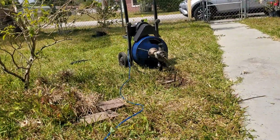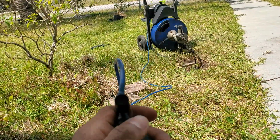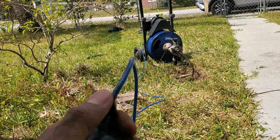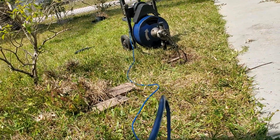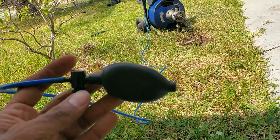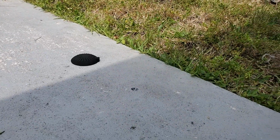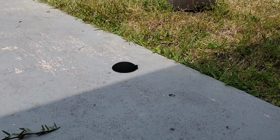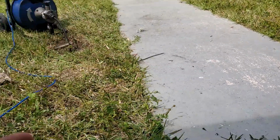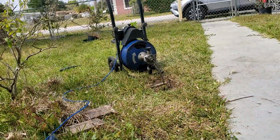And to stop it, just hit the little button that releases the air out back through this back valve. So if you have an old blood pressure monitor with one of these, forget that garbage right there, because I looked on the Harbour Freight site, they sell a replacement for that, and there's nothing. So folks, quick and easy fix if your drain snake